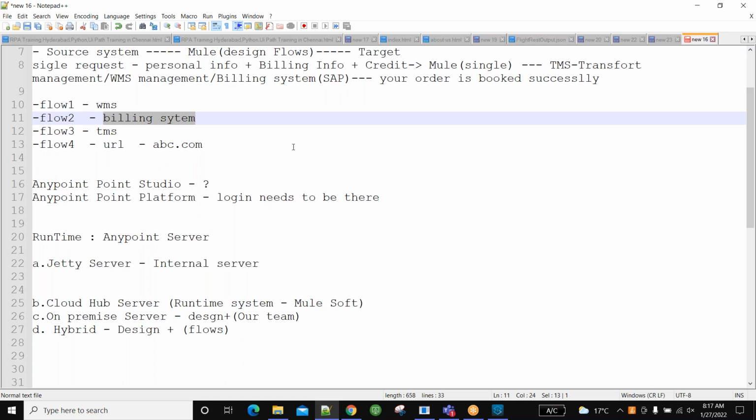Why? Because as you are touch basing the account system, definitely some credit card amount was deducted, the order was not booked properly, and at that time you have to refund. So how have you handled this kind of logic? They will be asking that type of questions. At that time, your answer is, yes, we have handled it in DataWeave expressions. I will explain what DataWeave is, but I'm just covering one of the interview questions so that it sits in your brains, right?